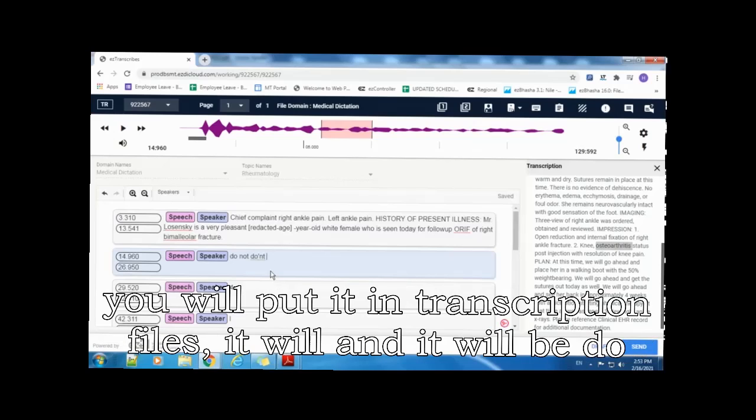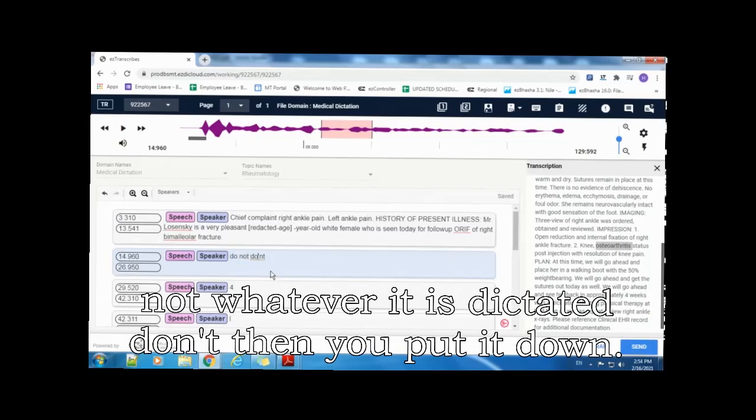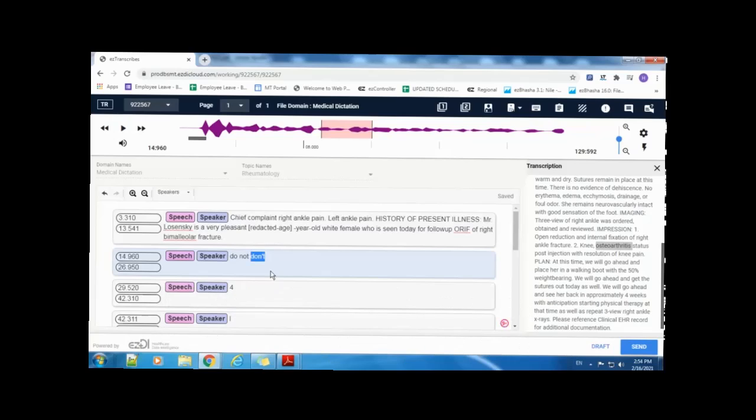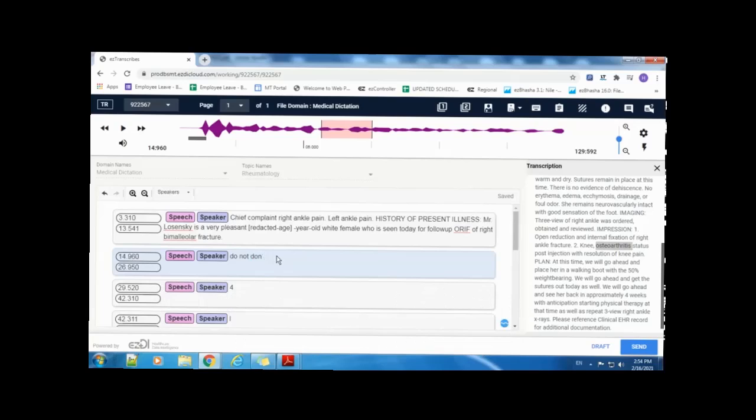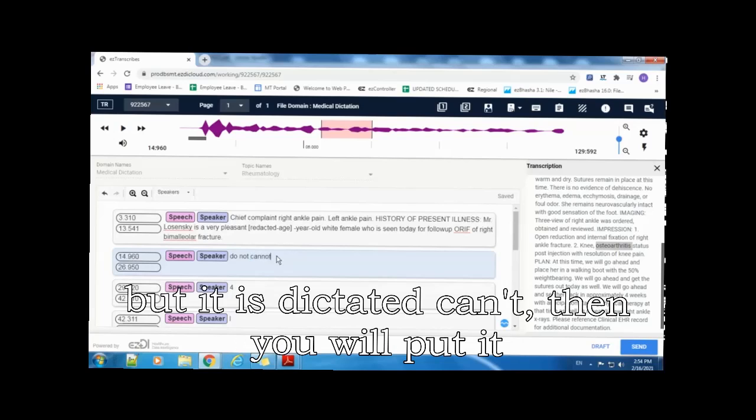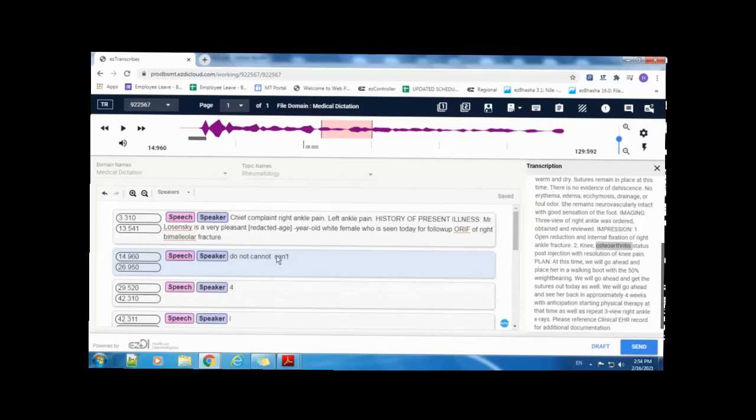In transcription files it will be do not, but if it is dictated don't, then you put it don't, as dictated. If the transcription file is showing cannot but it is dictated can't, then you'll put it can't. Alright.